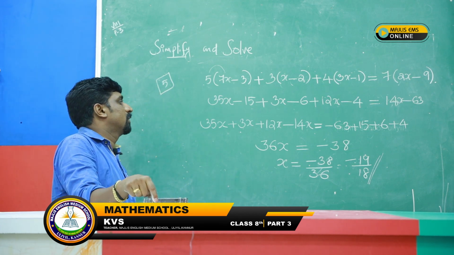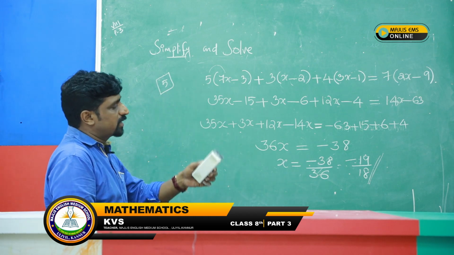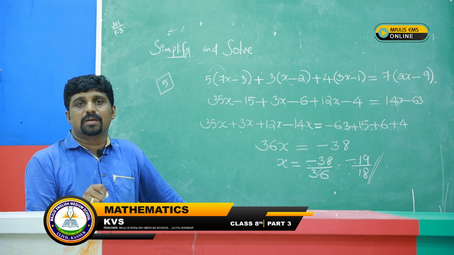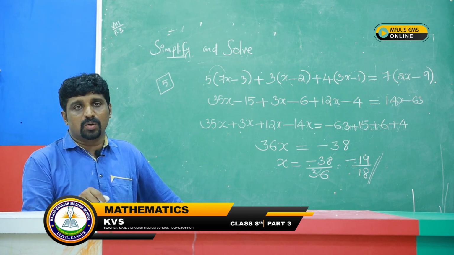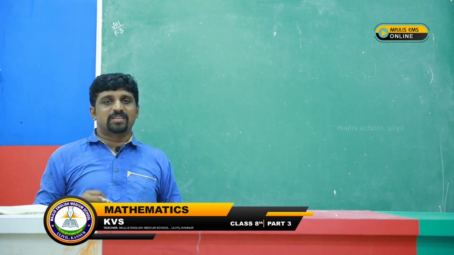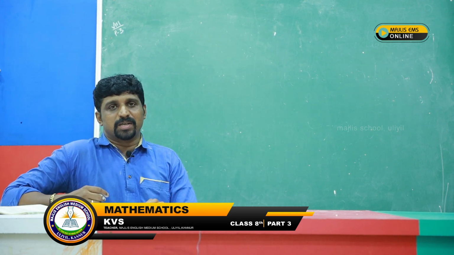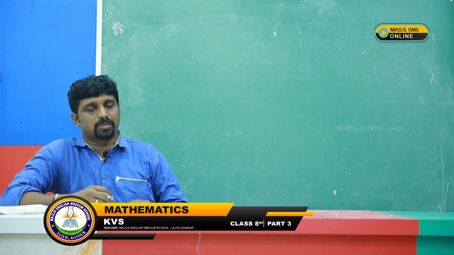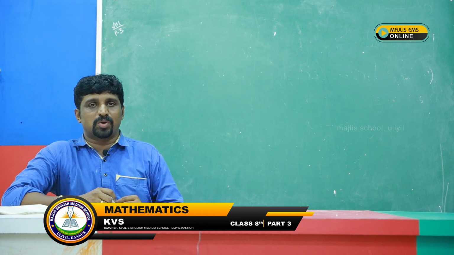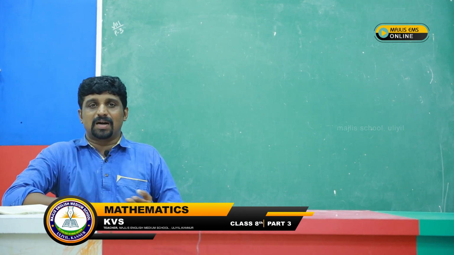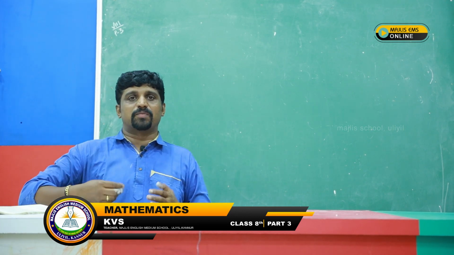Okay, this is simplify and solve. We can simplify the equation, after that we can find out the unknown. Here x is unknown, then we can find it. Now we can discuss word problems based on linear equations in one variable. We can form the equation. In the last many questions, the equation was already given and we only solved it. Now we need to form the equation, after that we can solve and find what we need.